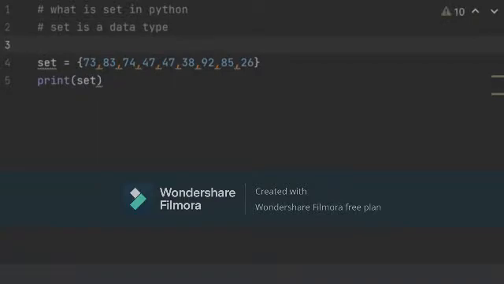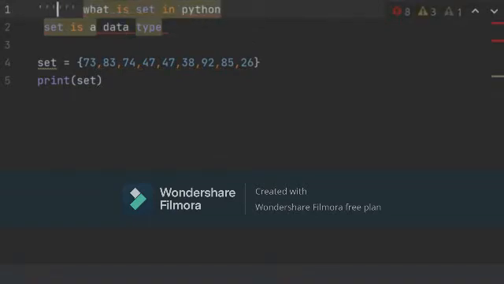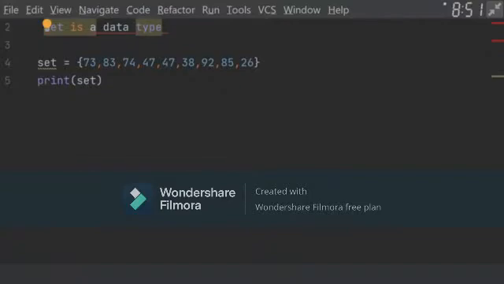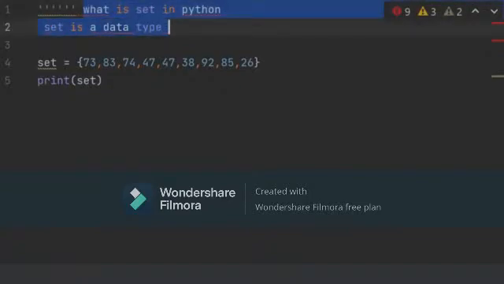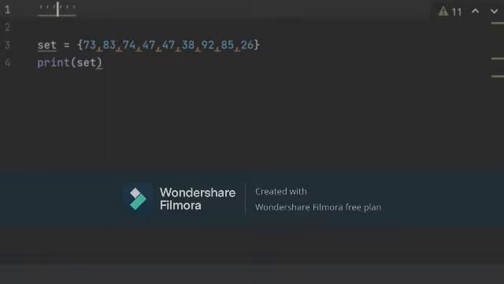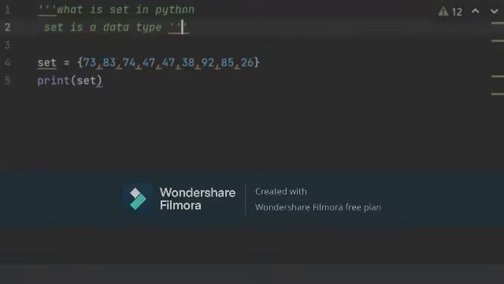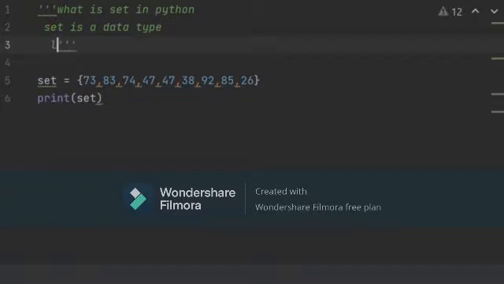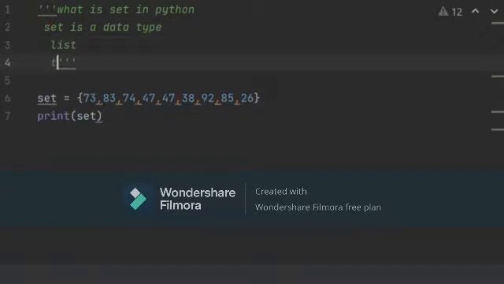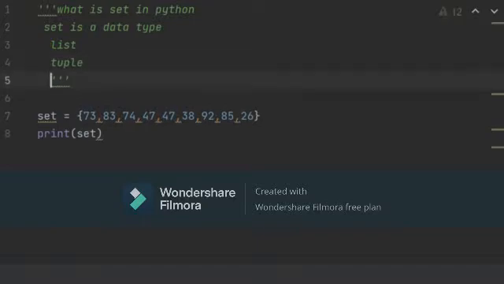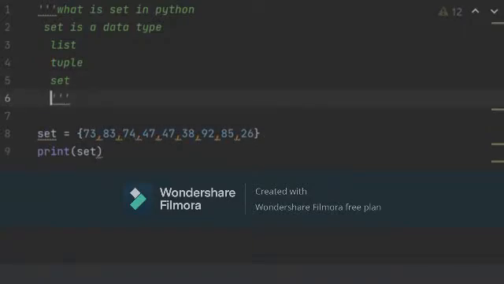Now let me use multi-line comments for it. Let me just do Control X. Set is a data type. We had data types like list, tuple, and now we are on set. So in set,